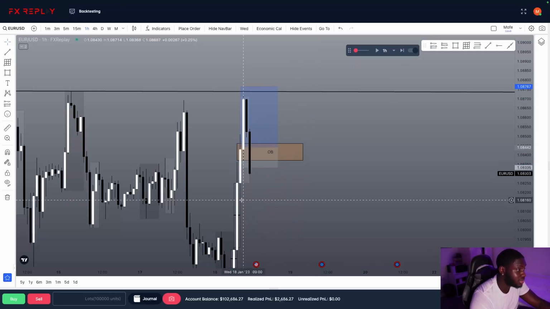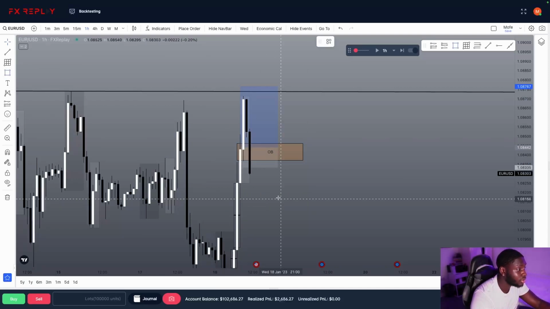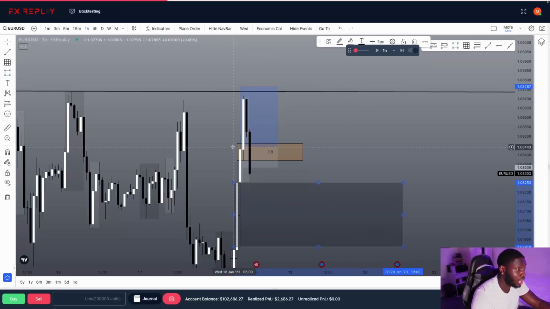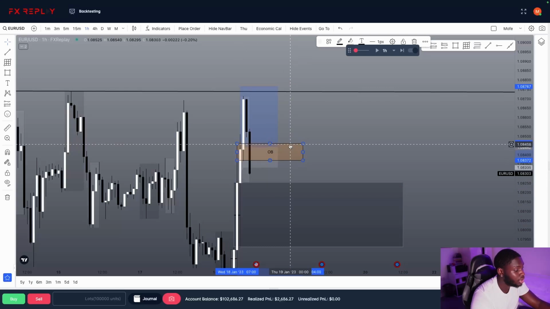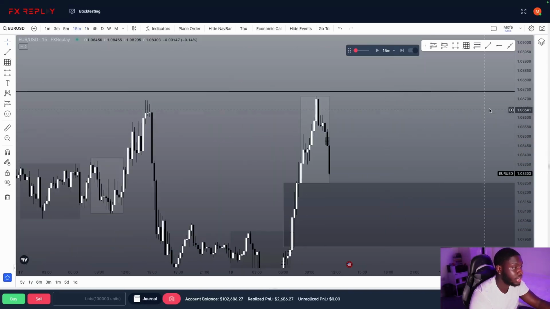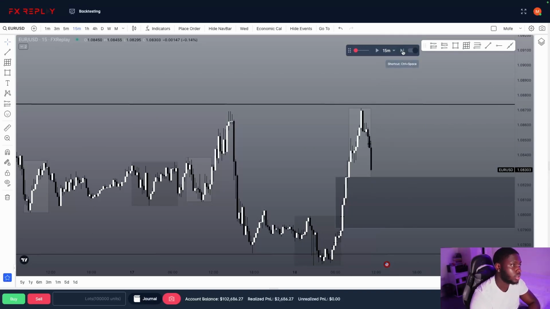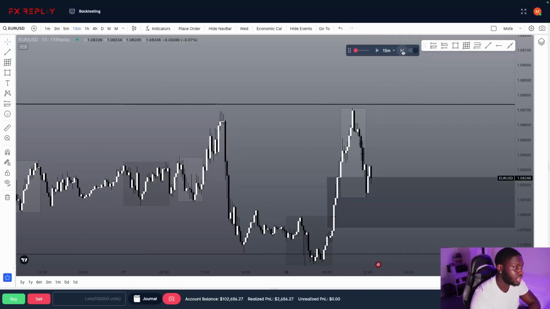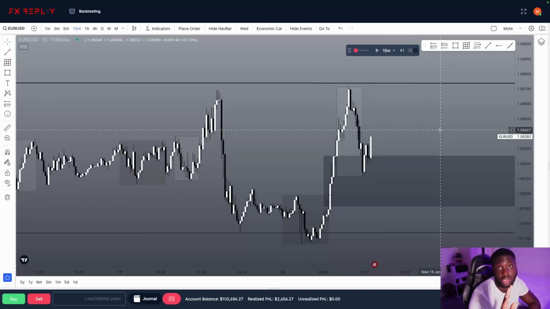And yeah, seems like price may want to push into this fair value gap before we go higher. Or if we go higher, we might just reverse and go lower. But it is what it is. The trade is done. It was a loser, unfortunately. Now, let's see what price does around this area. I'm not re-entering. I only take 1 trade a day.